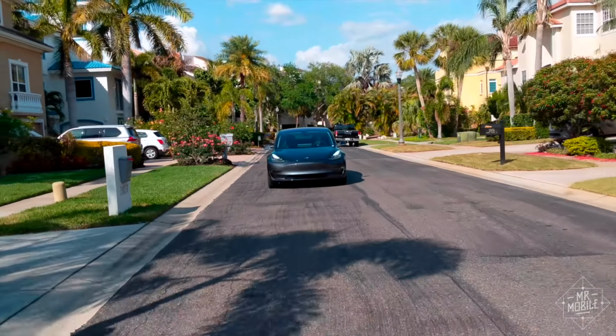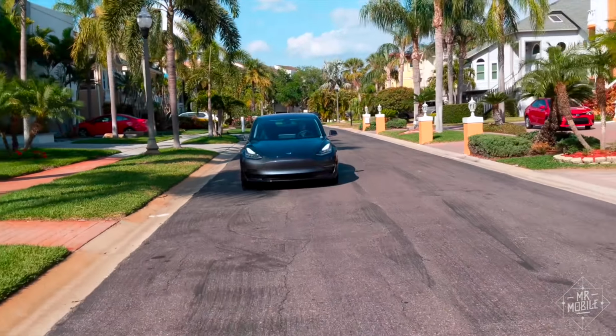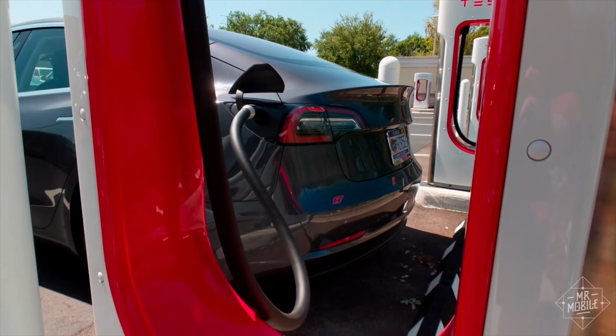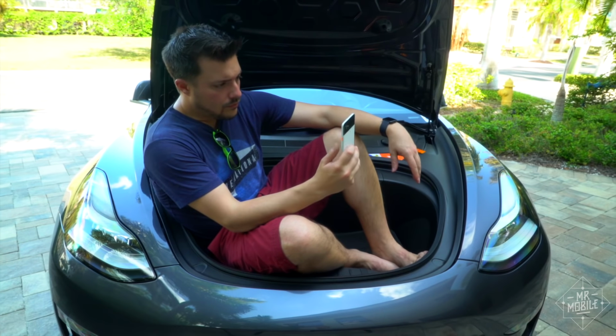Folks, I want to say up front that 2 days is not enough time for me to call this a Model 3 review, especially since I wasn't able to test the most important factor when choosing an EV, range between charges. If you want to see a full review of the Model 3 once I have more time with it,